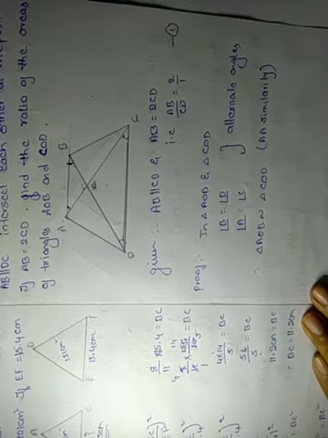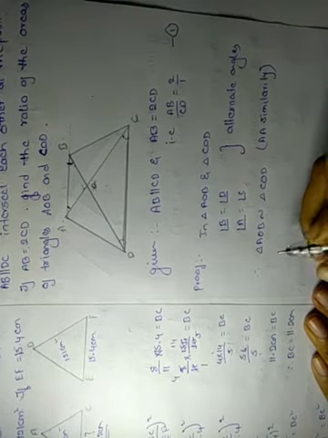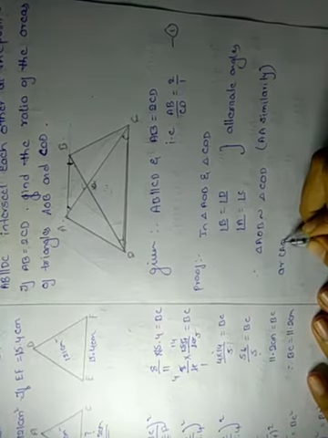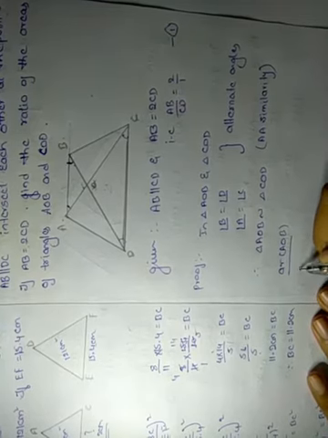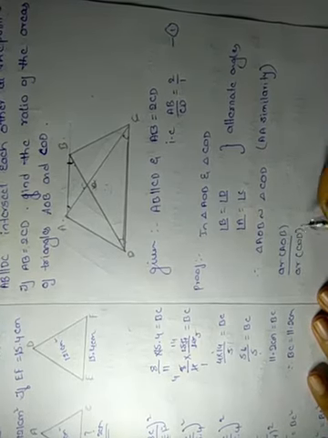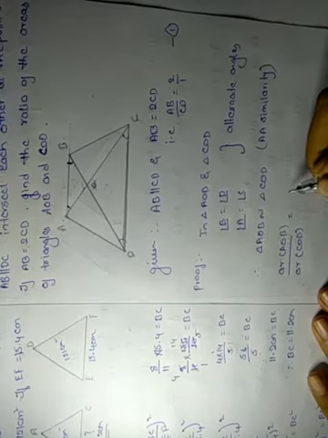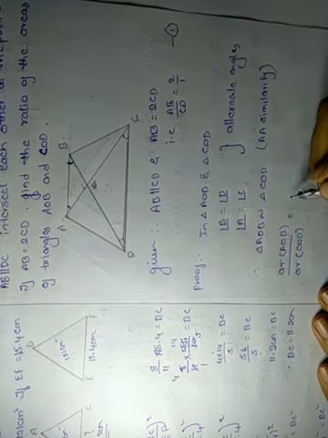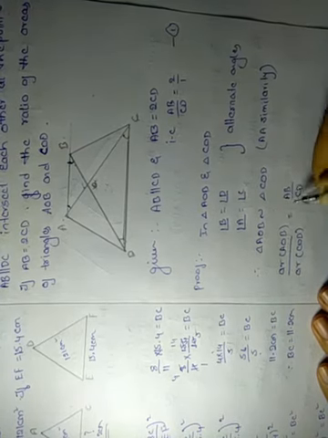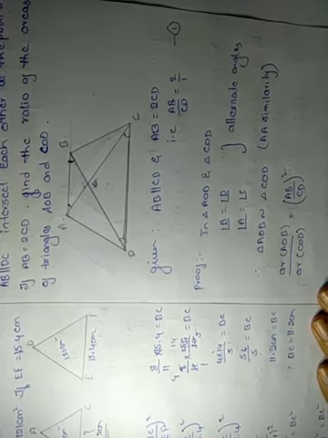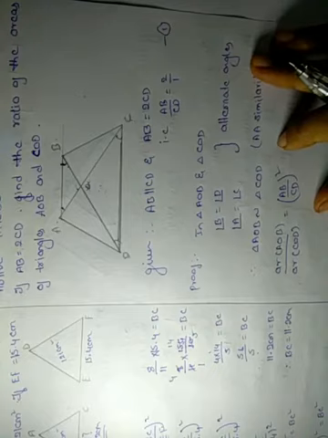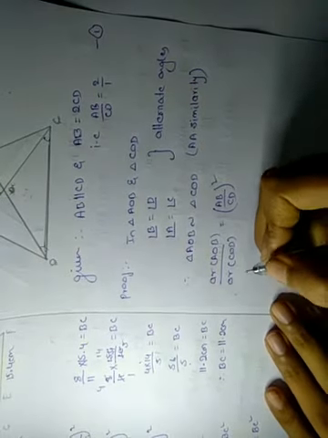Now we can apply the areas of a triangle statement. Area of triangle AOB divided by area of triangle COD is equal to the square of the ratio of corresponding sides. Here we will take only one side. They have given AB divided by CD, whole square of that. What is the formula for that?